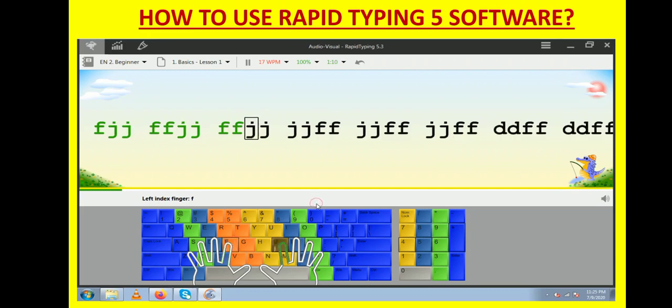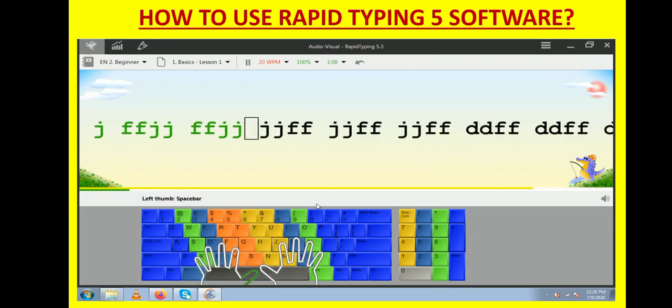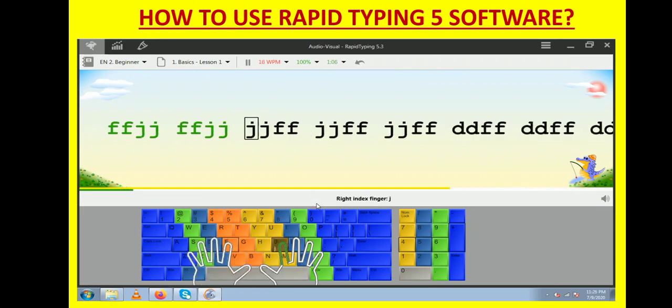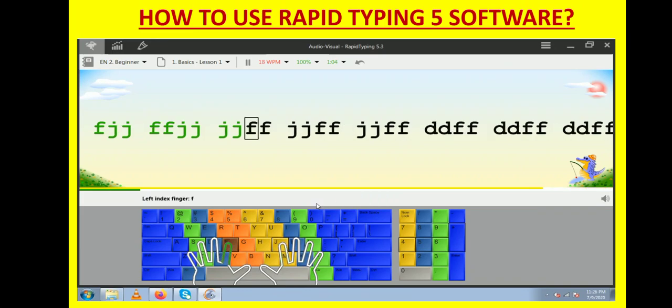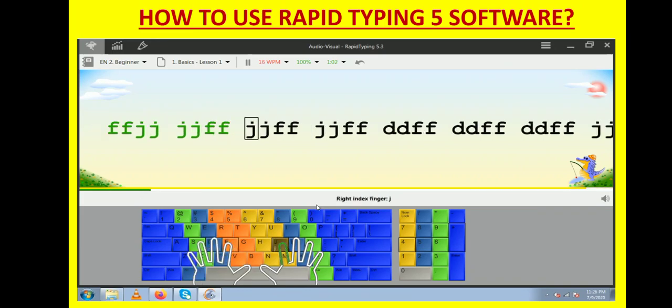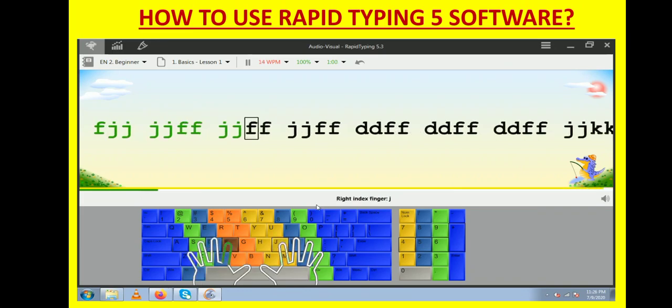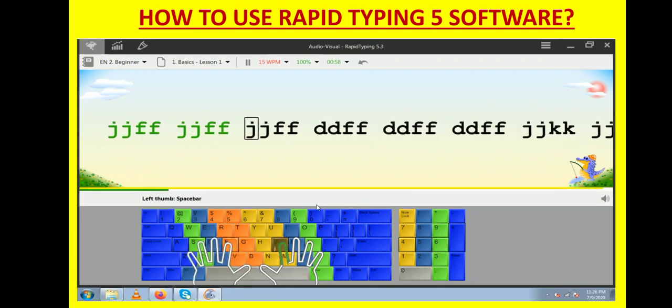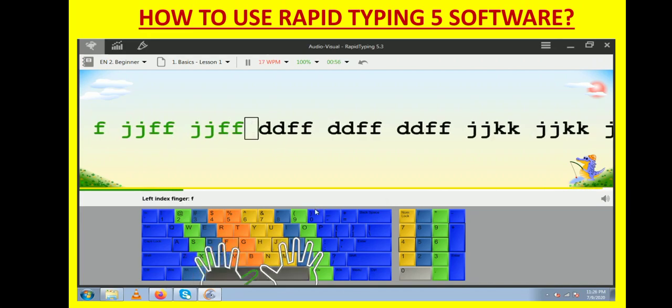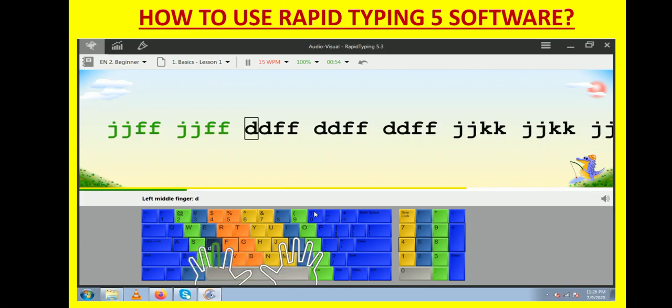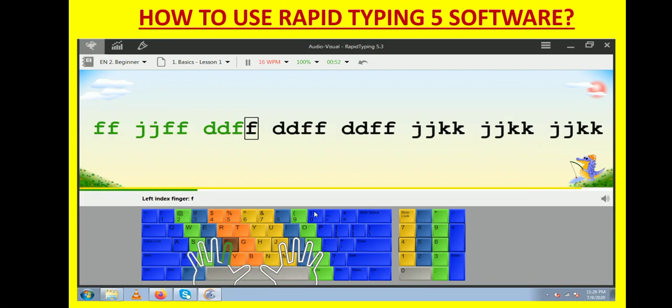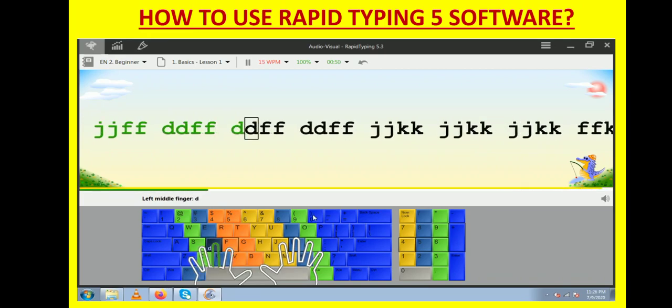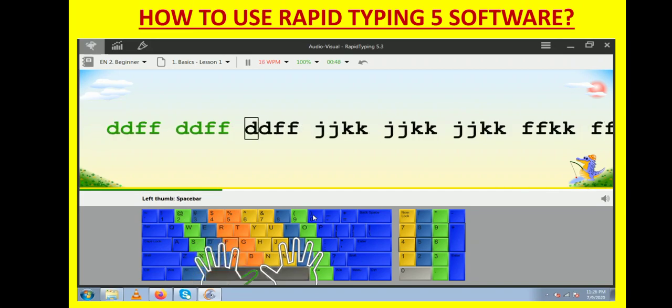Gradually, if you practice it, then your typing speed will also increase and you will achieve 100% accuracy in all your lessons. But have some patience. Don't be in a hurry to jump to the new lessons.